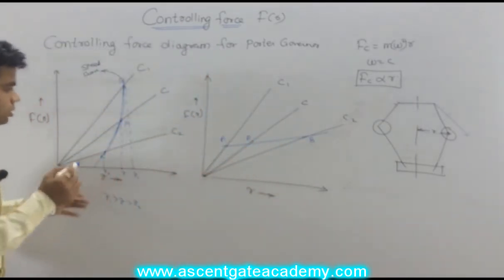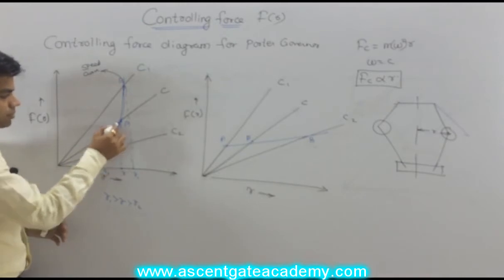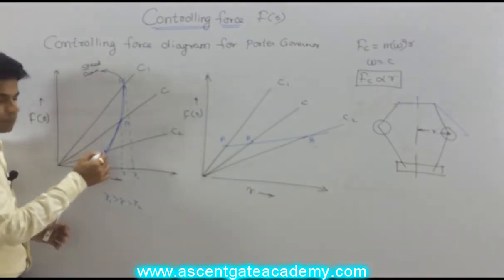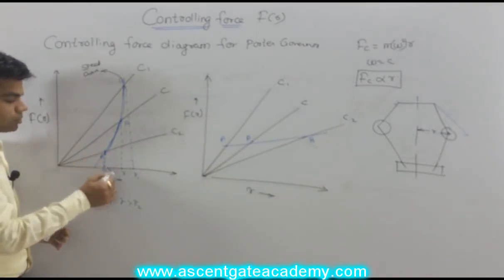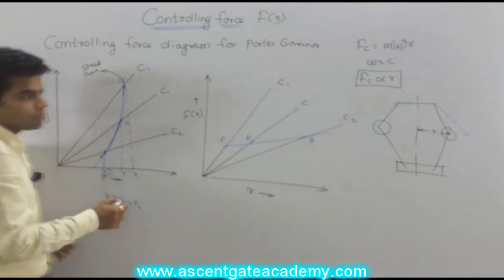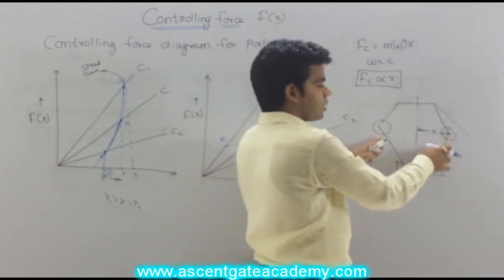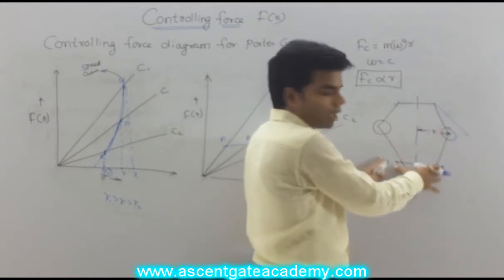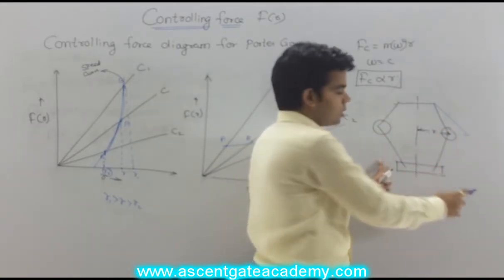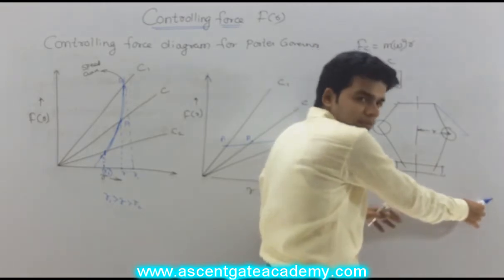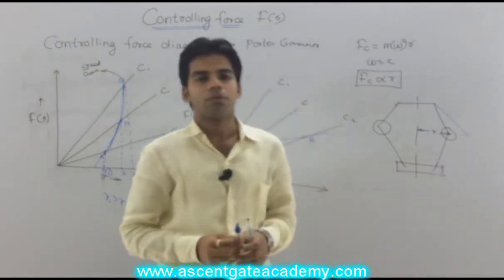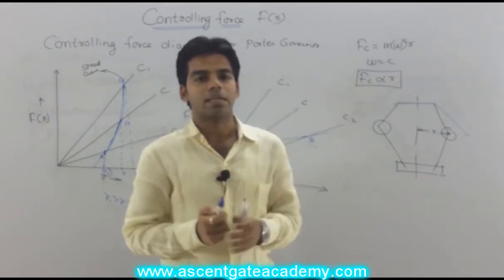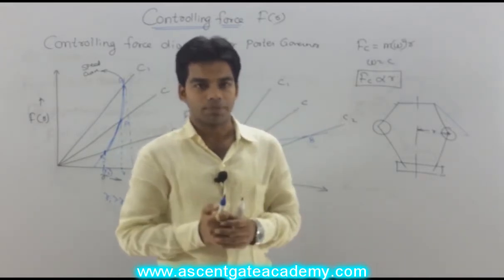On the other hand, if the governor speed is decreasing, I am getting the equilibrium point at point A. Here the radius is R2, which is less than R. That means this will shift down. The radius is less than R, so this sleeve will move down, and as the sleeve moves down, this valve will open, and more fuel will rush inside the engine, so that the speed can be increased and maintained at the mean speed.